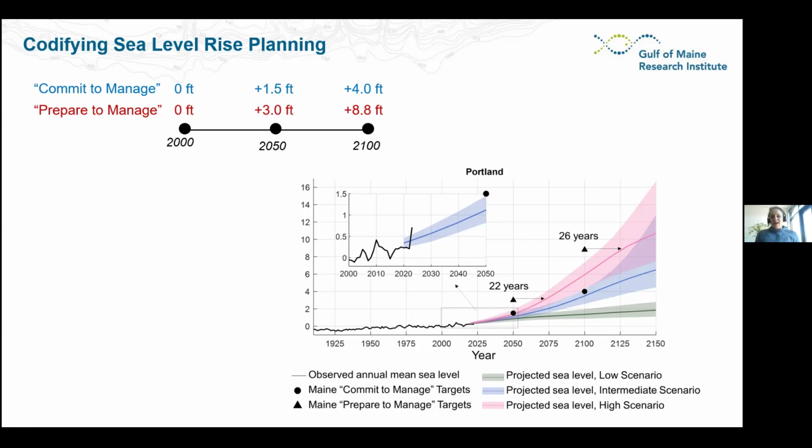And when I first arrived in Maine, fresh out of graduate school, my thoughts were, oh, but these sea level rise projections aren't localized. This is just a statewide average, and everyone's going to be confused about the year 2000 baseline. And AR6 was coming out, so I thought the high scenario is going to be confusing in the context of AR6. So is this a good idea, giving these general benchmark numbers? But what I found when I got here was that a lot of good came out of these really simple numbers. So 1.5 and 4 feet are a one-liner in every news story and community event about climate change.